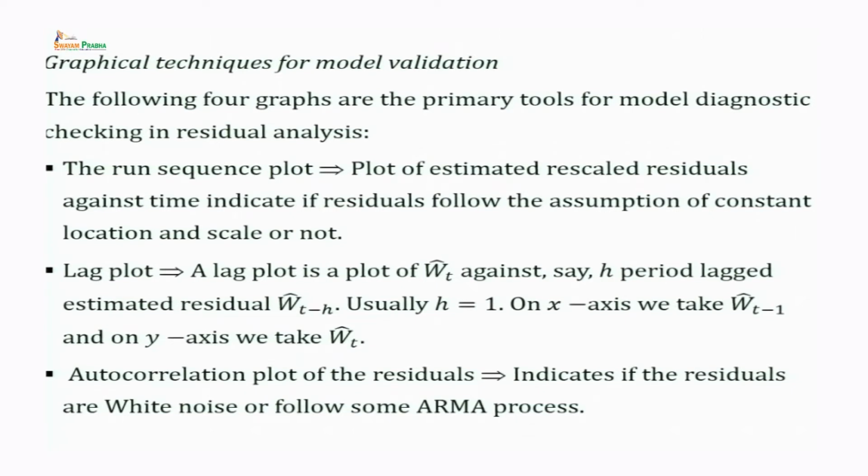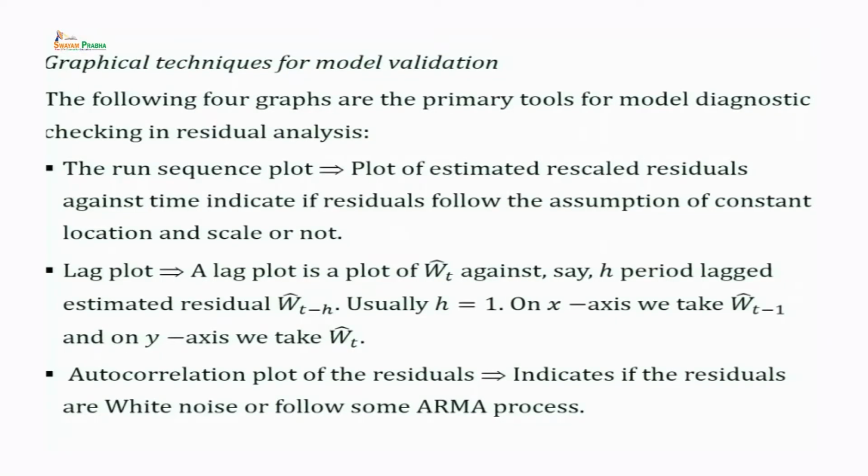And by looking at the ACF, you can say whether your residuals follow a white noise process, or an AR(1) process or MA(1) process. If the residuals follow an AR(1) or MA(1) process, then this implies that still some information is left over there, and you must